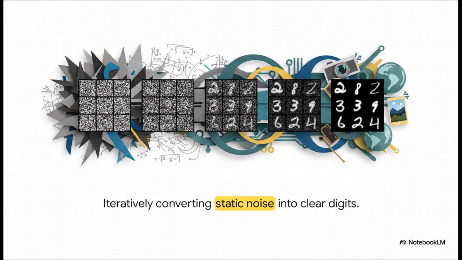Look at the pure, unrecognizable static noise over there. Step by step, the AI applies a really complex mathematical process to iteratively strip away that noise. By the end, that pure static has been converted into beautifully structured, recognizable handwritten digits, a 2, a 3, and a 6. This exact same principle of denoising is the core text-to-image AI technology used to generate hyper-realistic photos and